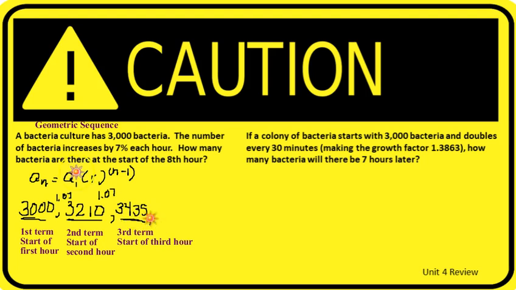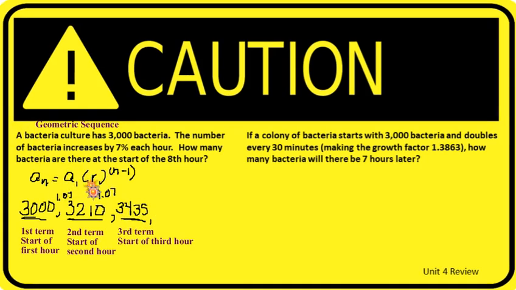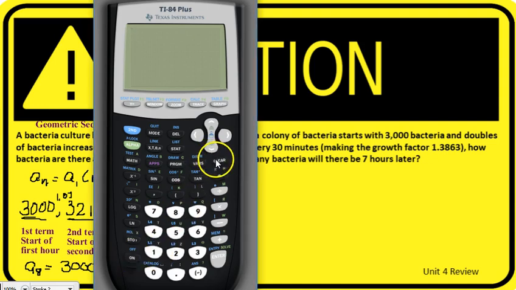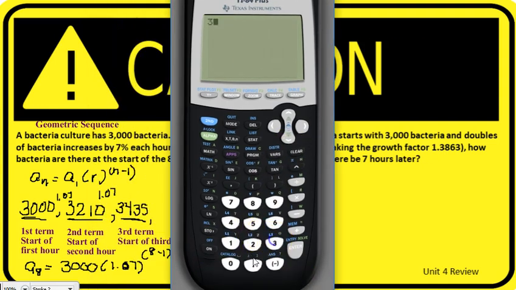And I can continue like that, or I can use this formula that allows me to find the nth term of the sequence. And so I want to find the 8th term because that'll tell me how many bacteria there are at the start of the 8th hour. And it's equal to the first term times that common ratio to the n minus 1 power. And so I go to my calculator, put my values in, so I've got 3,000